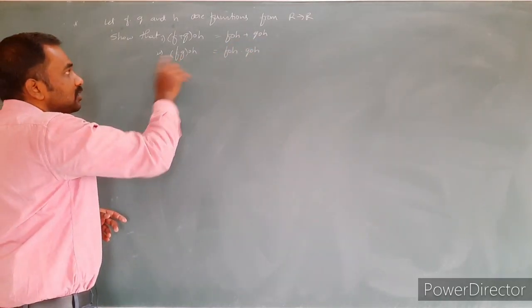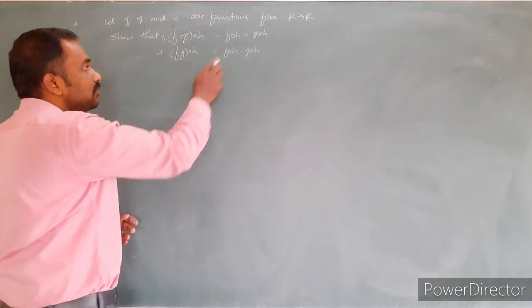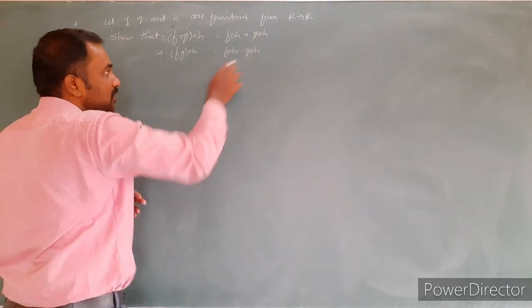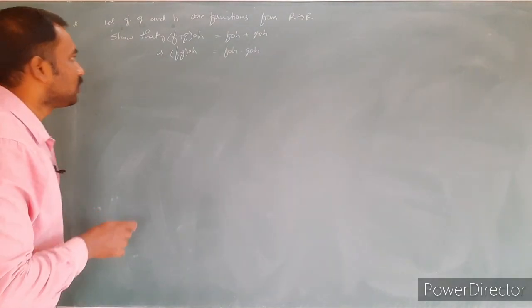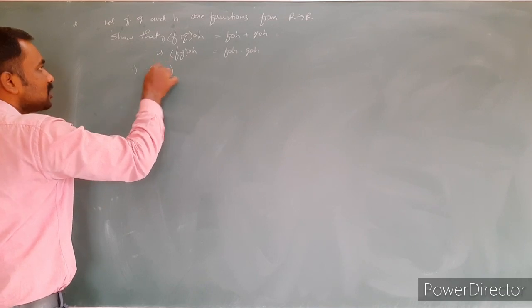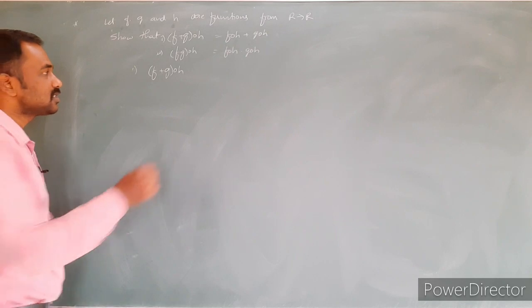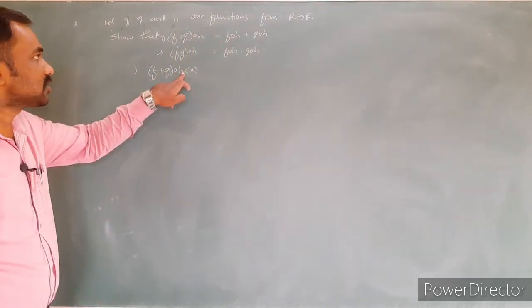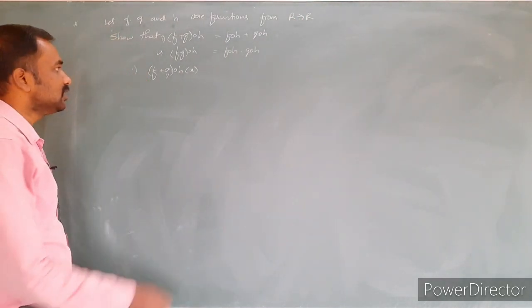Similarly, in the second case, the product of two functions composed with the third function is the product of the compositions, f circle h and g circle h. One by one you can easily prove that. First of all, we need to prove that f plus g circle h is equal to the right-hand side. I just consider one element x which is present in the domain of h. All are R into R, so nothing to worry, we can easily take the composition.